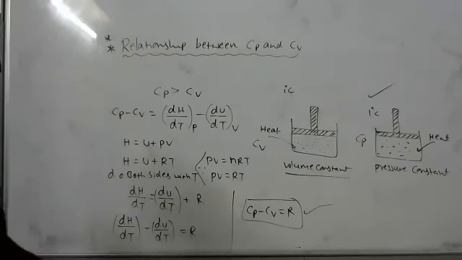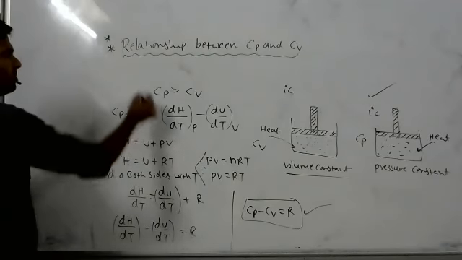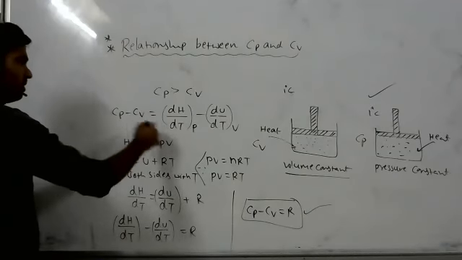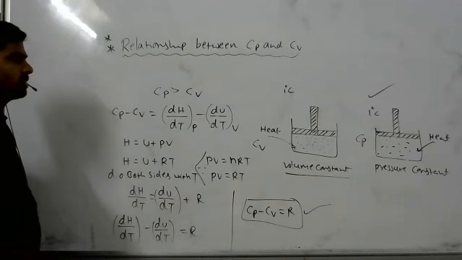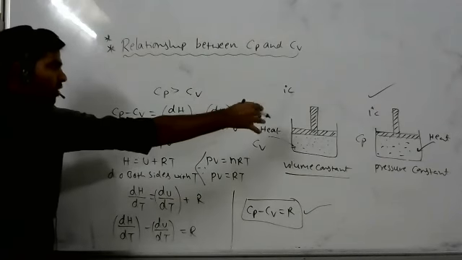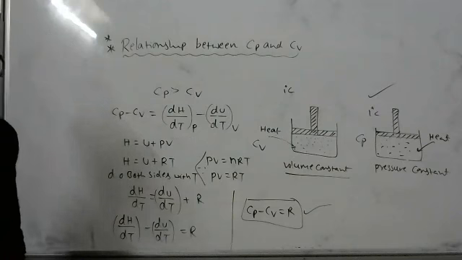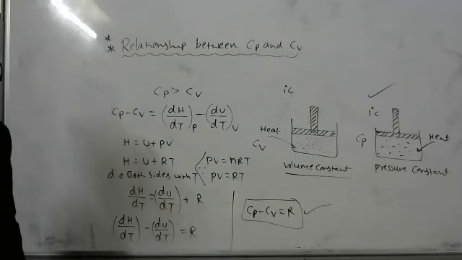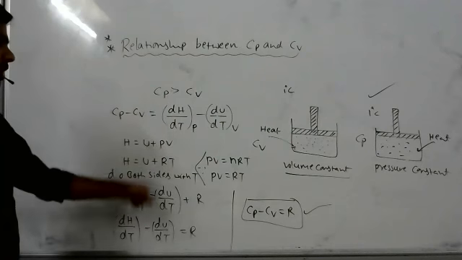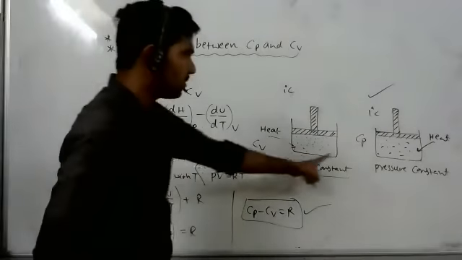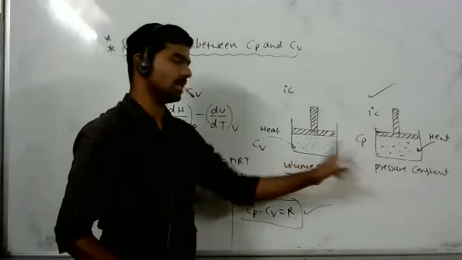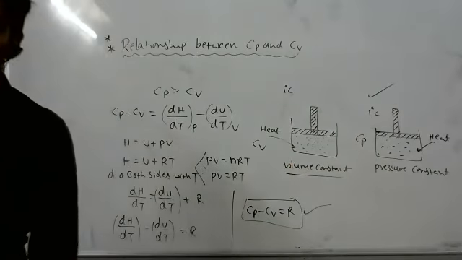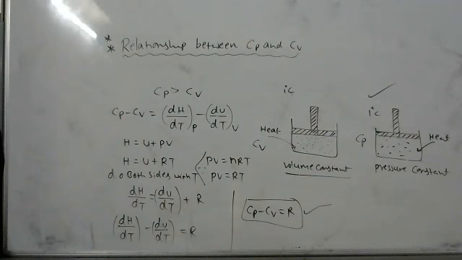So what I'm telling is, if it is asked for 2 marks, just write the derivation. We know Cp is greater than Cv, then take the difference, then give the derivation. Suppose it is asked for 3 marks, then you need to write 4 or 5 lines about this, then give the derivation. We don't need to prove that Cp is greater than Cv, right? No, there's no need for proof. If it is asked for 2 marks, just write the derivation from this point onwards. I will give you a further 1 or 2 lines here. But if they ask for 3 marks, you have to draw a diagram and explain 2 points on why Cp is greater than Cv. Then give the derivation. About this I will give you in Monday's class.